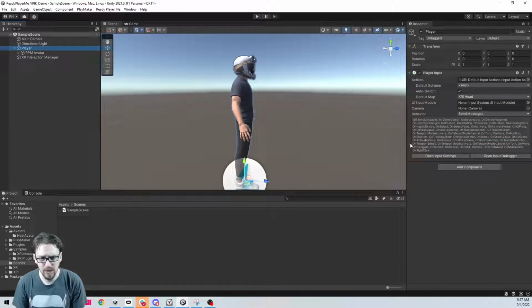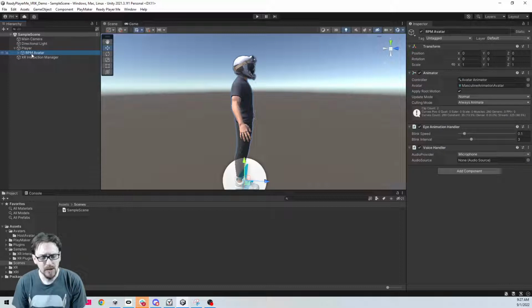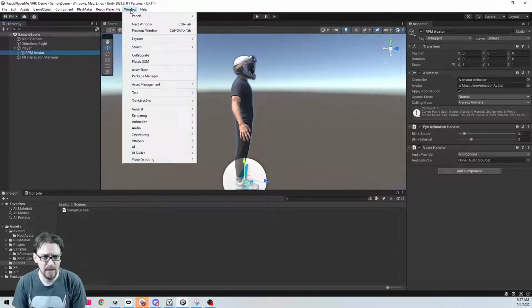Eventually we're gonna add a player controller, but let's not do that just yet, because we don't have an environment, so I'll add that later. But let's go ahead and start doing our IK rigging. I've done this in a previous tutorial, but it was utilizing OVR instead of XR. But the process is still the same for setting everything up.